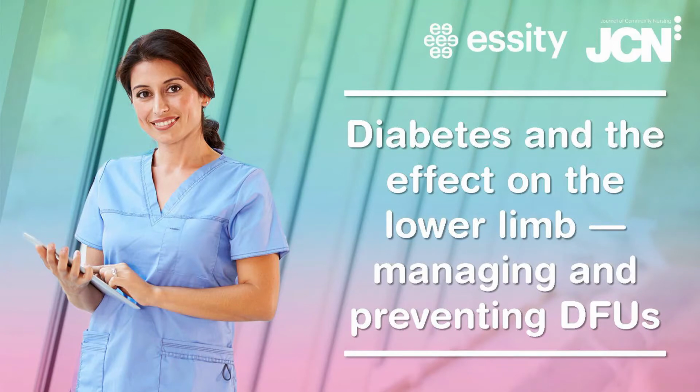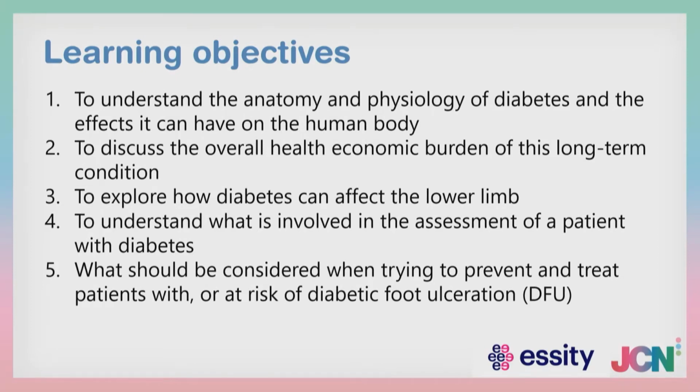So now we'll move on to the presentation entitled Diabetes and the Effects on the Lower Limb, Managing and Preventing DFUs. Our learning objectives for this evening are to understand the anatomy and physiology of diabetes and the effects it can have on the human body, to discuss the overall health economic burden of this long-term condition, to explore how diabetes can affect the lower limb, to understand what is involved in the assessment of a patient with diabetes, and what should be considered when trying to prevent and treat patients with or at risk of diabetic foot ulceration,